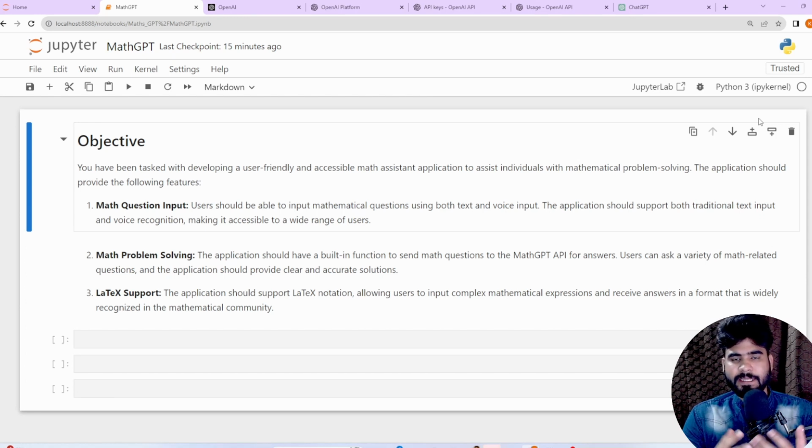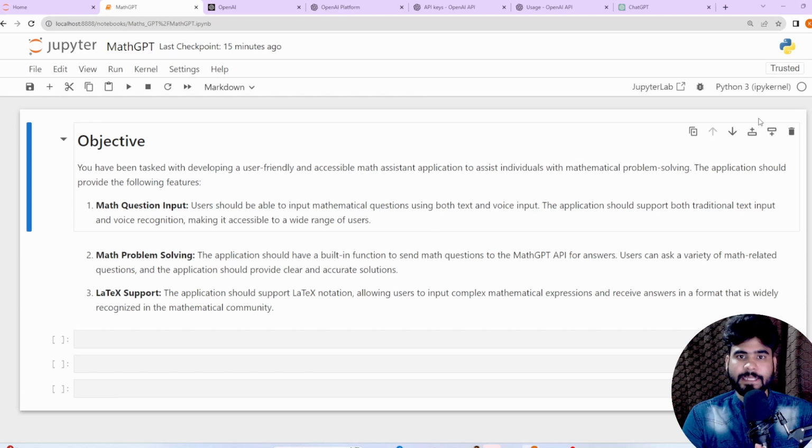Math GPT is an application where, as a user, we can ask any type of mathematics query, and in response we will get the complete explanation about our query, whatever we ask our Math GPT application. At the end, in response we will get the entire solution one by one, completely in detail.